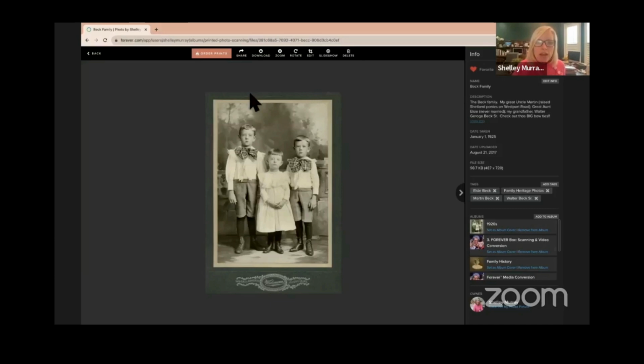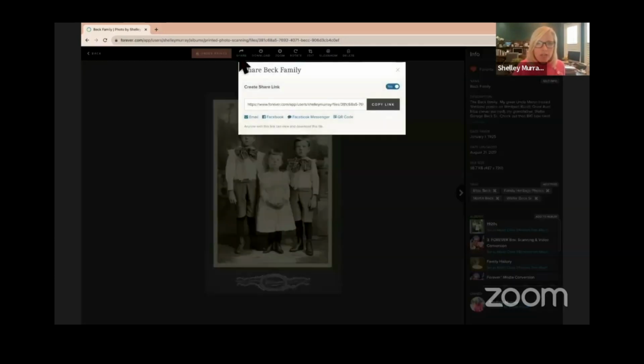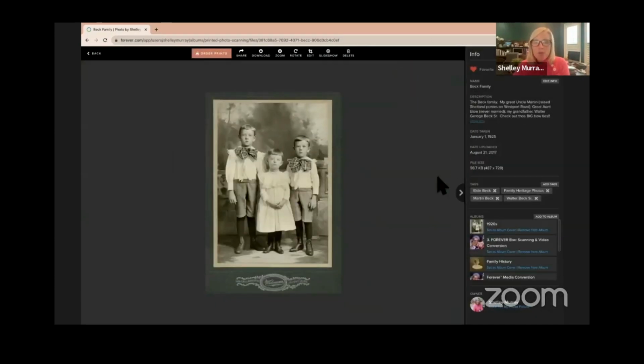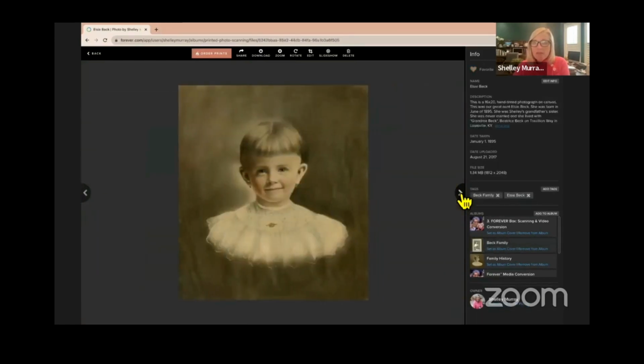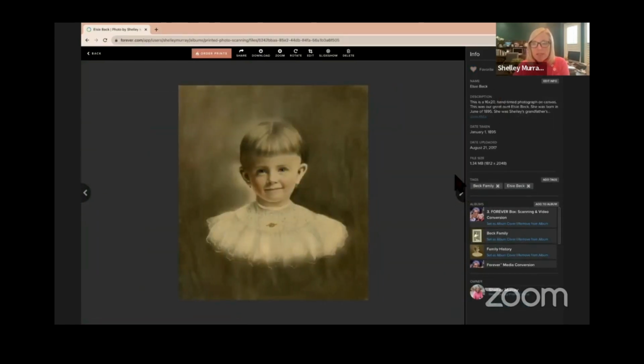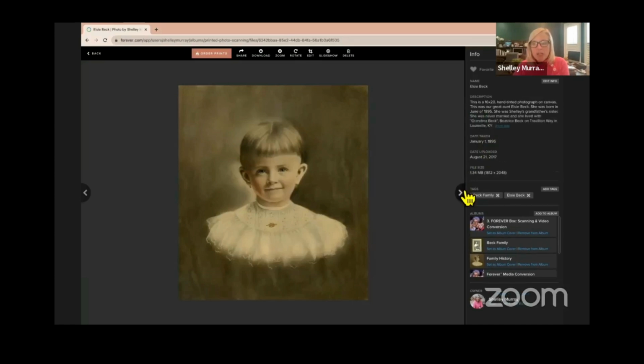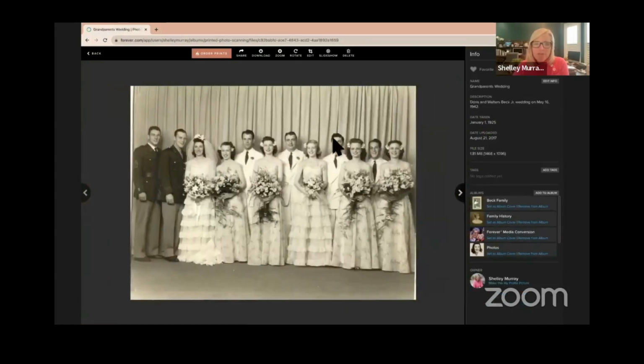Now, if I share, at the top there's a little share link. I can share a photo, a group of photos, an album, a tag. But when I share, the person I'm sharing with will get to see the metadata as well. So they'll get to see who is in this photo and any description I might have of it. As I flip through these photos, you can see that the information changes, obviously, because I have different information